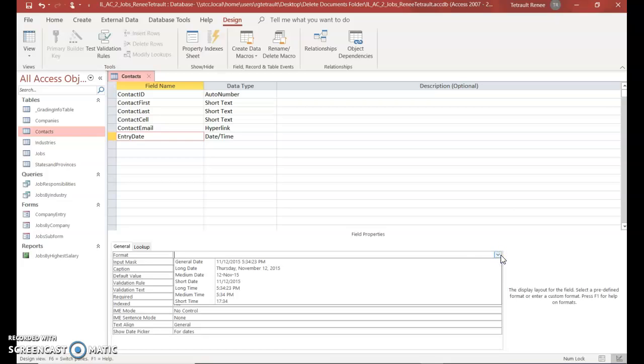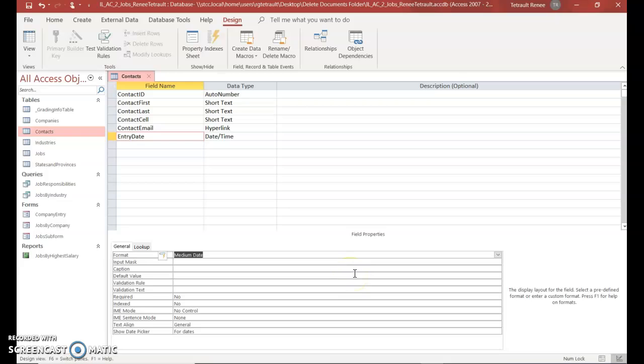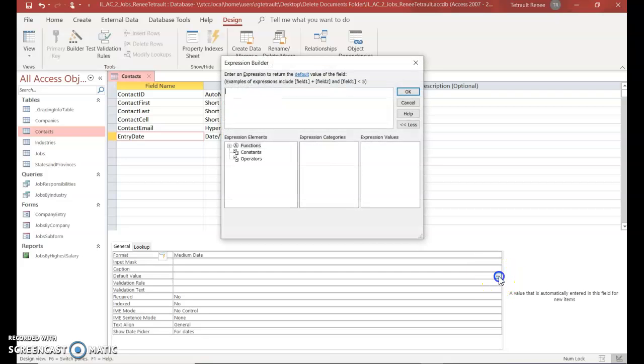And for that one, they want us to select the style medium. So it has the date, then the month, abbreviated, and the year. So they want the medium style. So make sure that the date entry is still selected. And then we're going to go to default value and click the build button. And for this one,